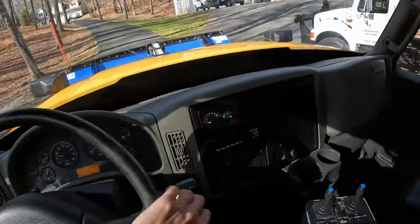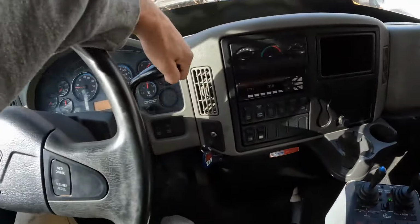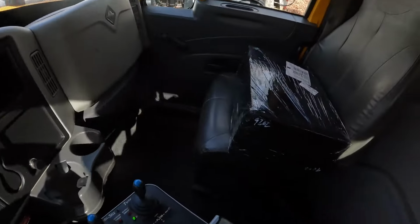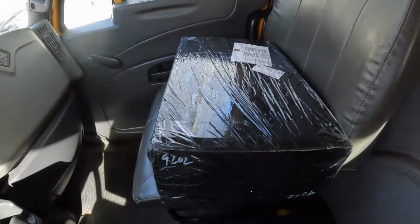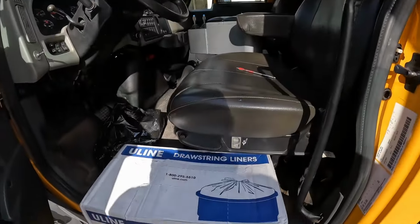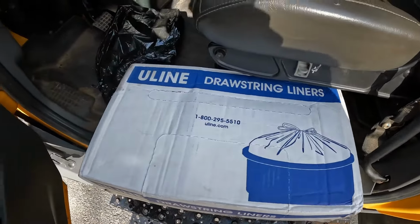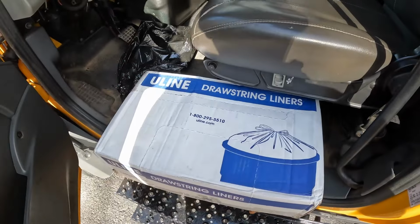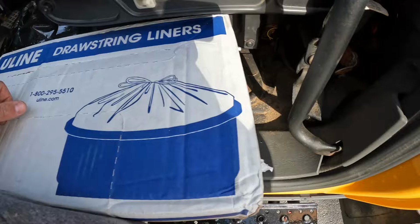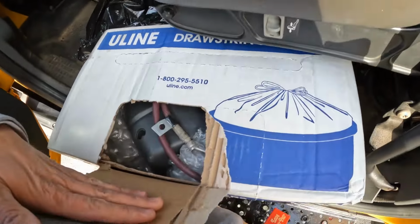Let me grab a knife real quick. Oh, let's reverse. There we go, now we're in park. So let me grab a knife real quick. We'll open up this shifter box and I'll show you what the new shifter is like. So it looks like we got played and we actually got some garbage bags, not a shifter. Don't really know what happened. No, I'm just kidding. This should be a shifter, and here it is,